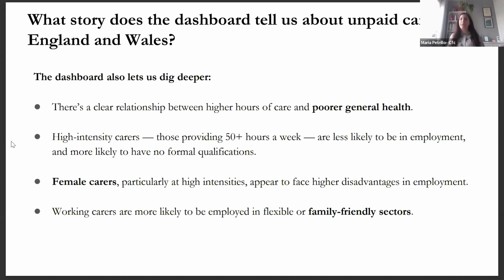Female carers, particularly high-intensity female carers, appear to face the most pronounced disadvantage in employment, and working carers are more likely to be employed in flexible and family-friendly sectors, highlighting what we already know, that unpaid carers struggle to balance paid work with unpaid care work.